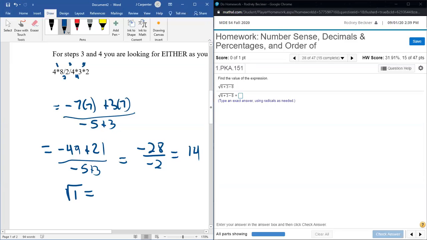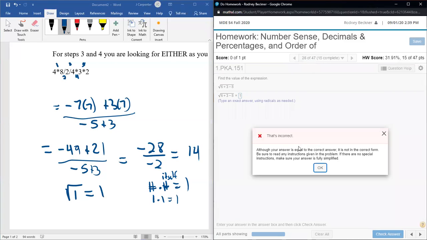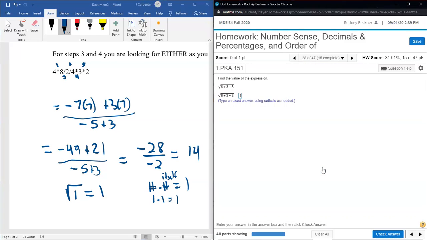And what we're asking for is what number times itself is equal to 1. And I think it's hopefully obvious at our level that 1 times 1 is 1. So 1 should be the answer. Like the square root of 4 would be 2 because 2 times 2 is 4. The square root of 100 would be 10 because 10 times 10 is 100. And there aren't whole square roots for every number in the world. If you try and take the square root of 5,